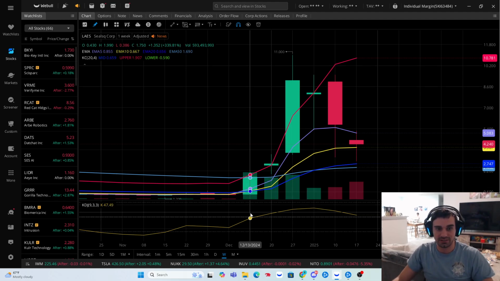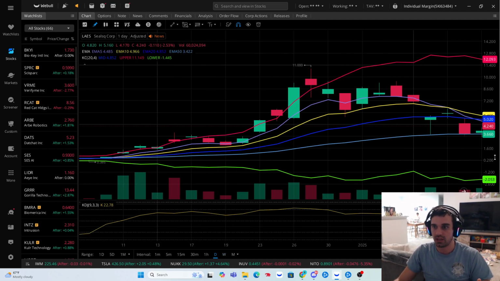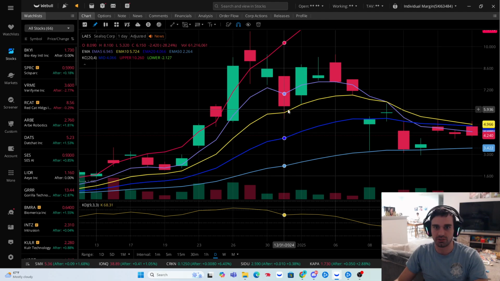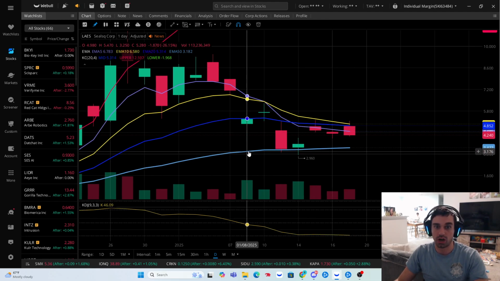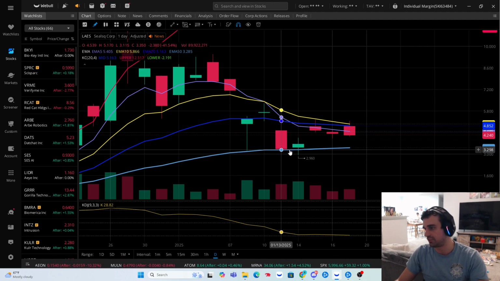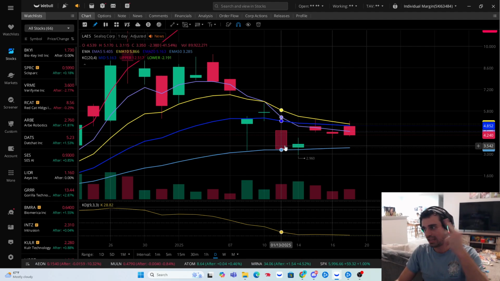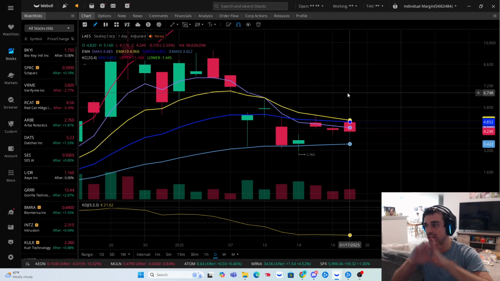If you play this on the daily, you have made monster returns. You have made over 50% on this level, you made over 100% on this level, and another 50% on this level. Three times it has won, and if you take it again, who gives a rip if you have a 15% stop loss and it hits it?